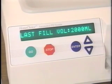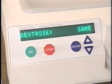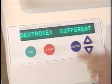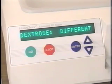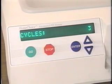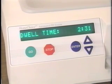If a last fill is required, the dextrose parameter must be programmed. This means the last fill may be the same or different dextrose as the other fills, or a special bag. When the program changes are complete, press stop. The display will show the number of cycles not included, the last fill, and the dwell time, then return to